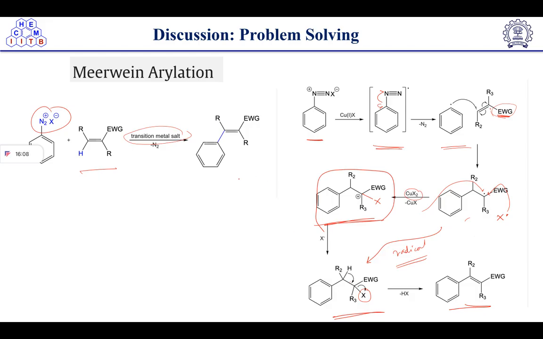So this is the product we are getting here, and this type of reaction is known as Meerwein arylation. Meerwein arylation reaction, because the aryl group is getting attached in place of hydrogen, correct? In this substrate. Okay. Next,